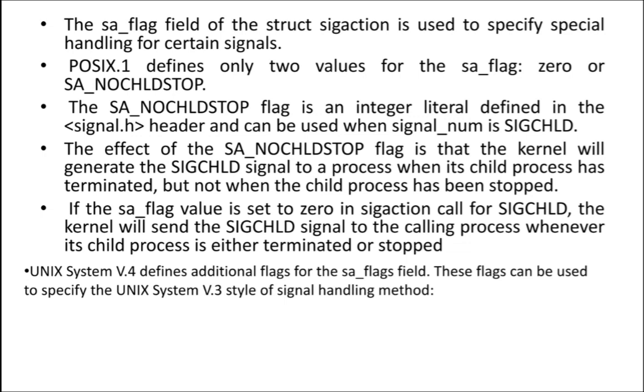And one more important thing, SA_NOCLDSTOP is going to be used when the child process is terminated, not stopped. Only when it's terminated will it send the signal. When 0, it means when the child process is terminated or stopped. Getting, guys? Understood the difference? 0 means it's going to tell the parent process when the child process is terminated or stopped. SA_NOCLDSTOP means it is going to tell when the child process has terminated, not when the child process is stopped. Hope you are understanding. Now you understood, I think, right?